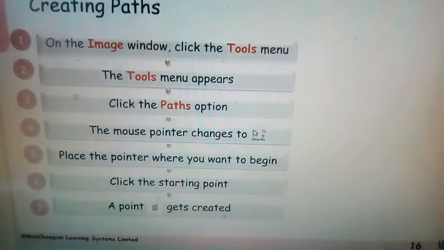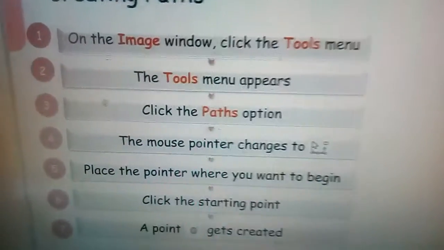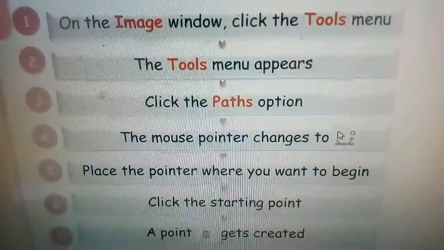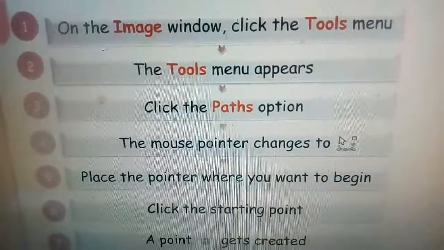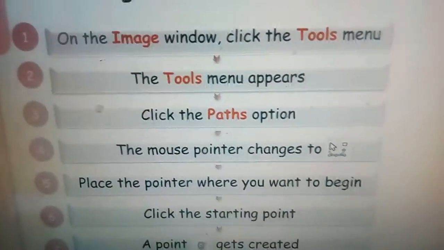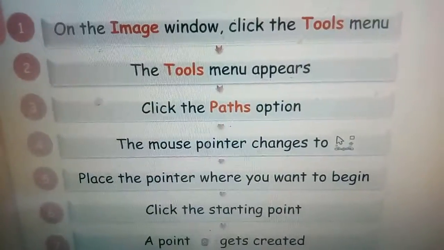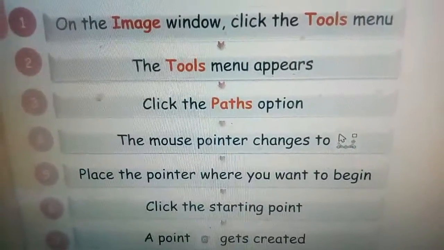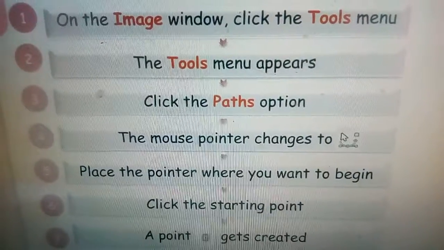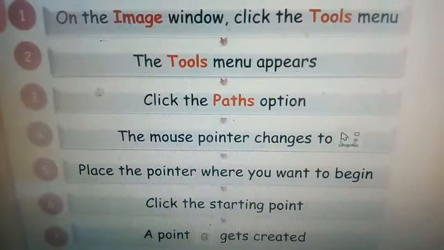When you click the starting point, you can see that a circle within a rectangular design gets created.